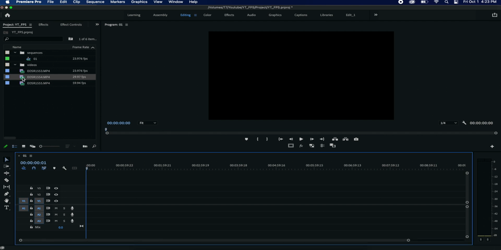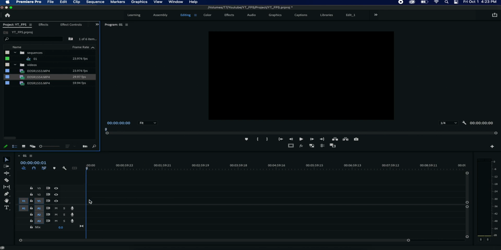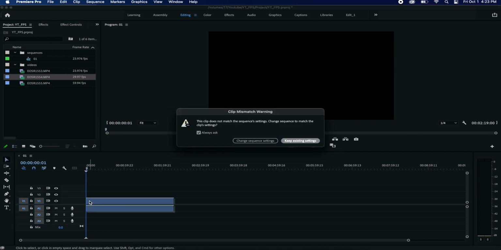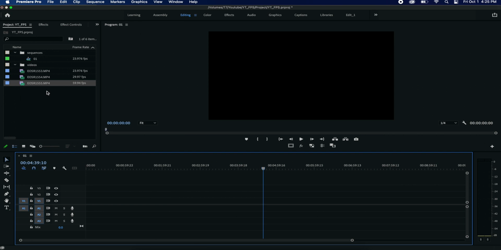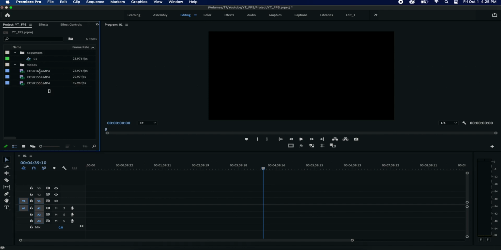For example, if we drop this footage to the timeline, notice that the clip does not match the sequence settings. So what do you do here? Keep your existing settings. You don't want to change anything. Any footage that we drop after, we won't get that message anymore. So whenever you want to slow down your footage, don't just drop your footage to the timeline, modify it. So highlight everything that you want to slow down,